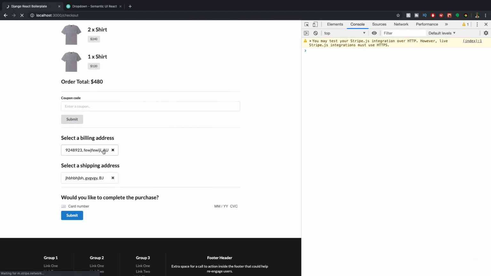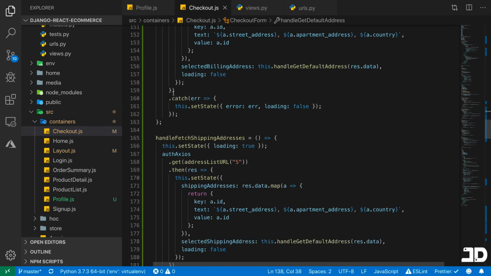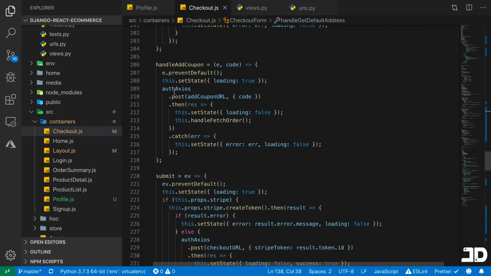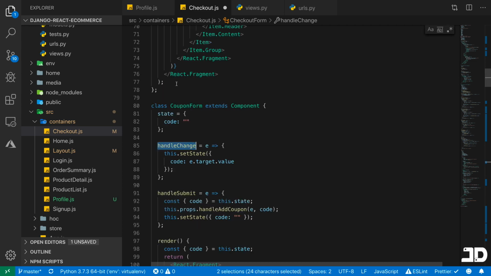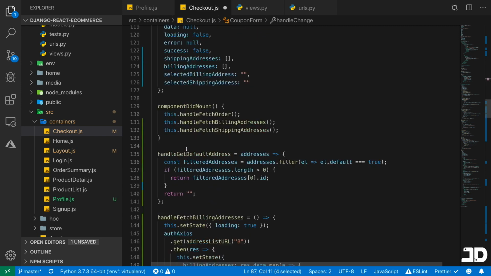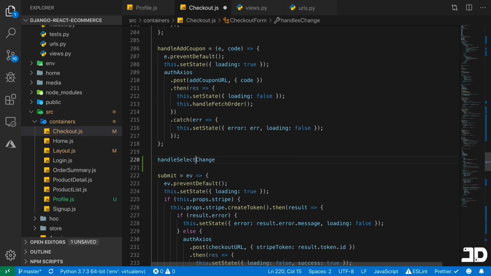And we want to make sure that we can change those. So we'll have a handle change method for those select fields. So let's just come down here, and we can just add one handle change. Let's just see if we have that. And that handle change is for the coupon code. So what I'll do is in this one, we can just call it handle select change. And this is going to take in an event, and it's going to take in the value that we've just